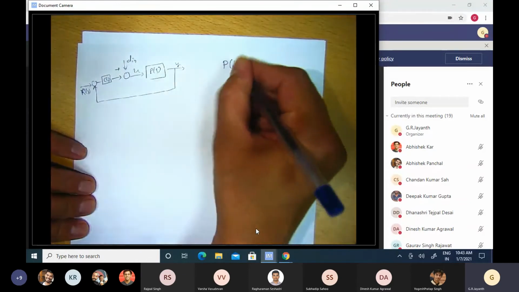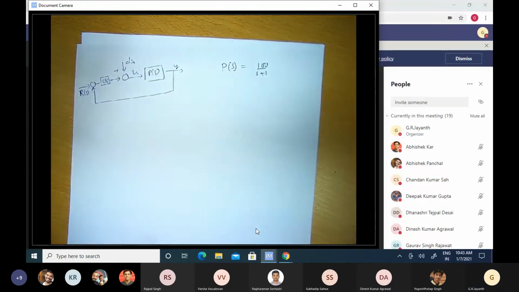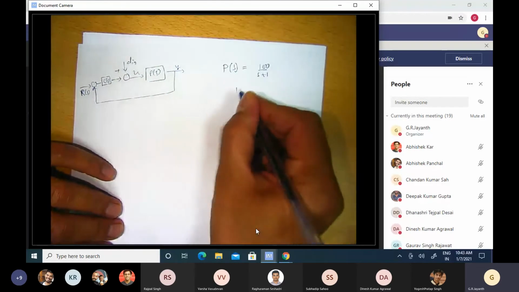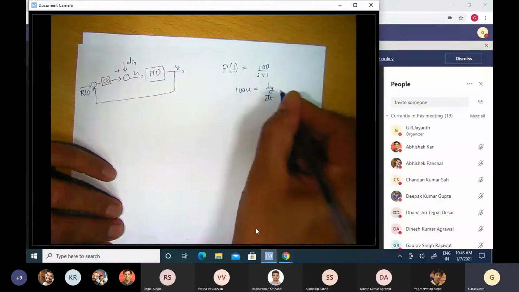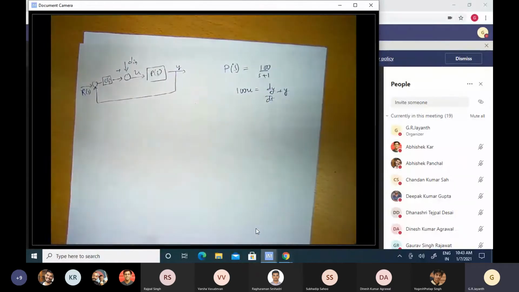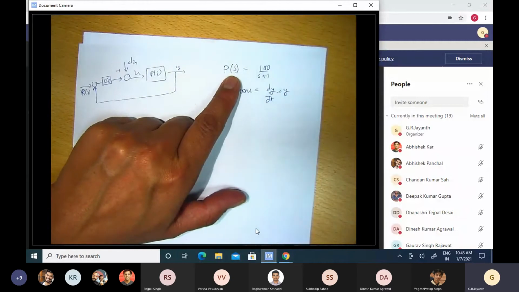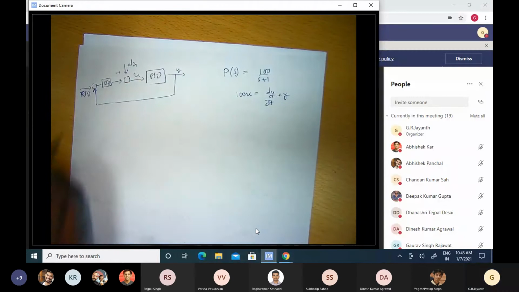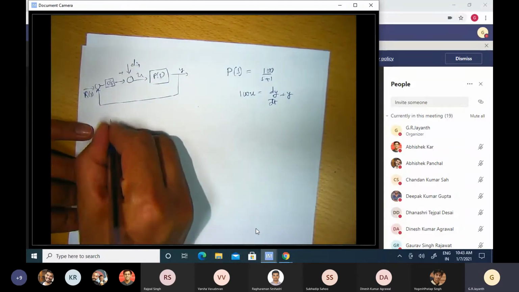The plant P of S is given to be 100 by S plus 1. Or in other words, it's a dynamic system whose input-output relationship is given by 100 times U is equal to dy by dt plus y. That is the time domain representation of the plant. In the frequency domain, its representation is through this transfer function P of S. Now there is input disturbance